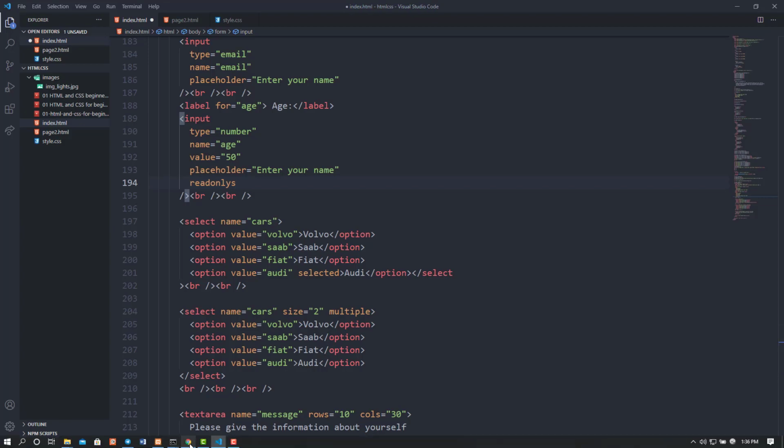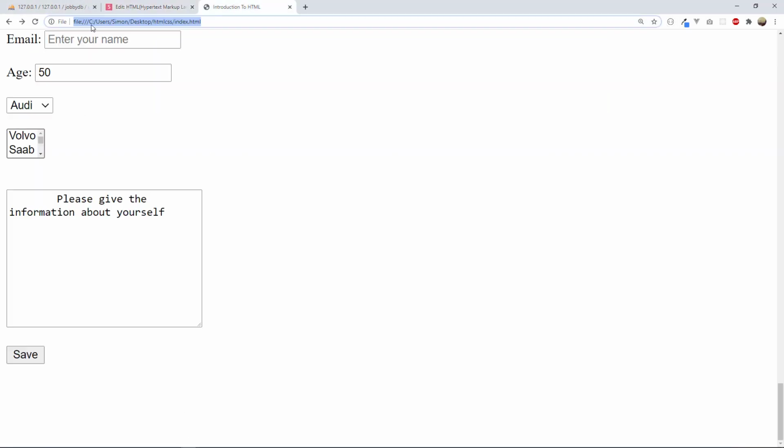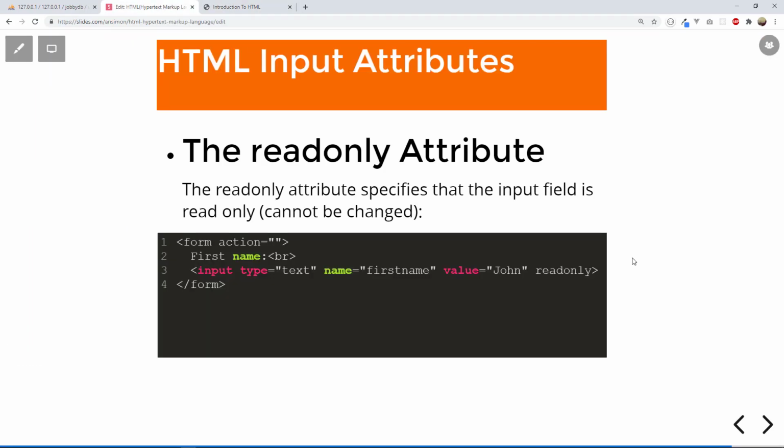So I've just saved that, and if we come here and refresh, you see that I can't do anything. I'm trying to click, but there's nothing I can do because it is read-only, cannot be edited. And we have many attributes like